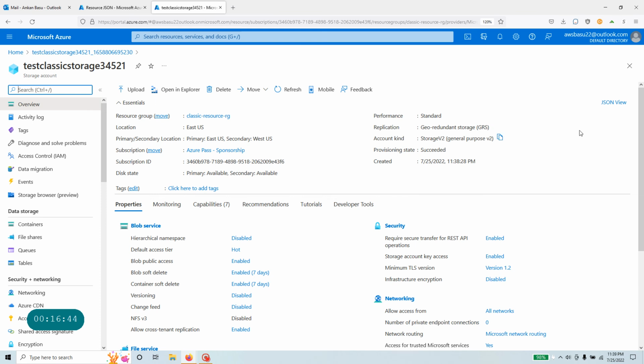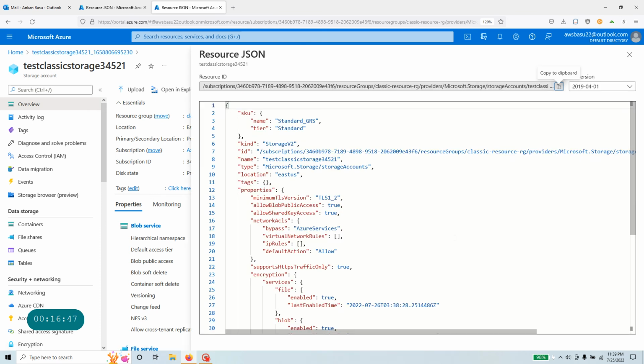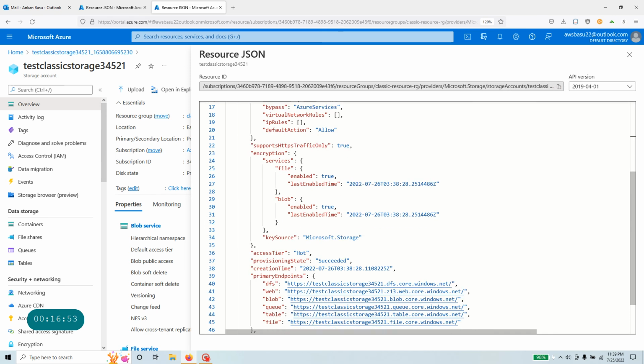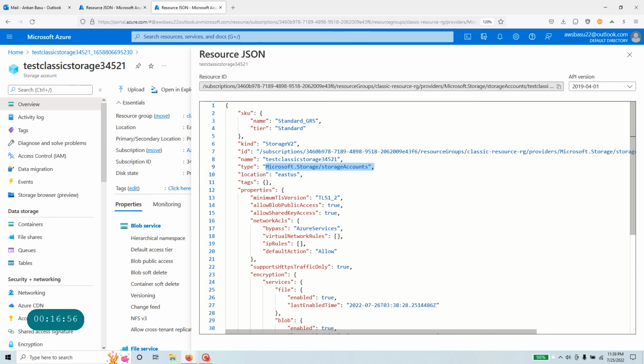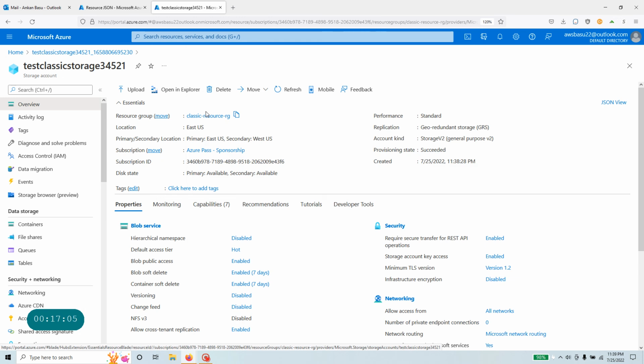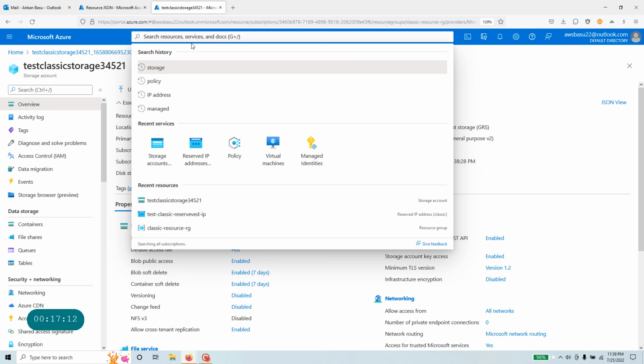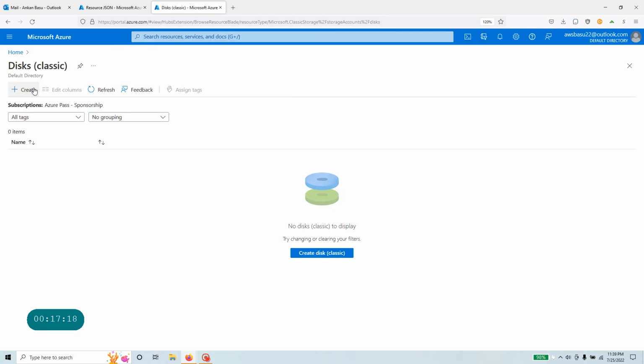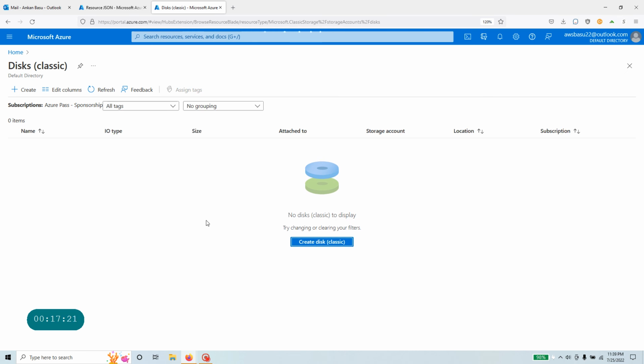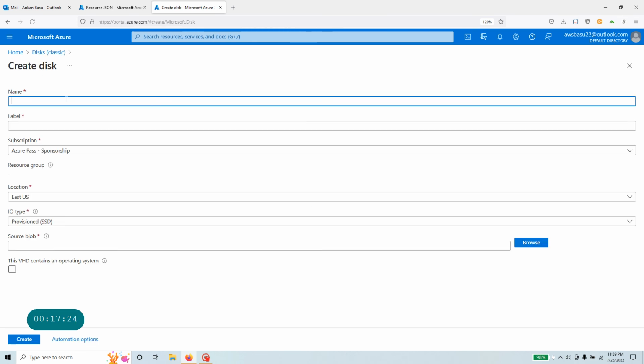That is not good. If I look at the JSON view, this one does not actually have a classic one, so maybe Azure may have started to convert that into a better storage account automatically, so you may not need anything. But for other resources like, say, a disk, you may still have the old storage account even now. Let's try a disk as well as we speak and see if Azure is automatically helping you fix that problem or not. So test classic disk